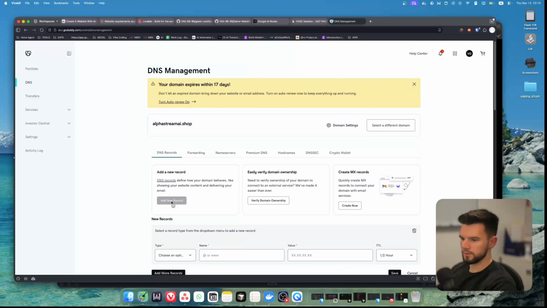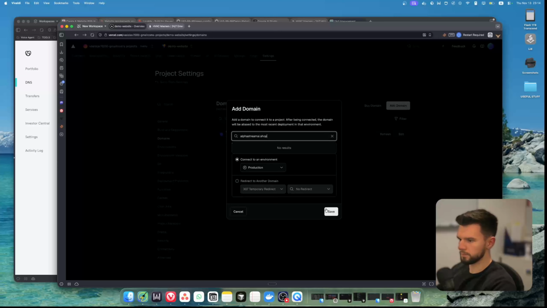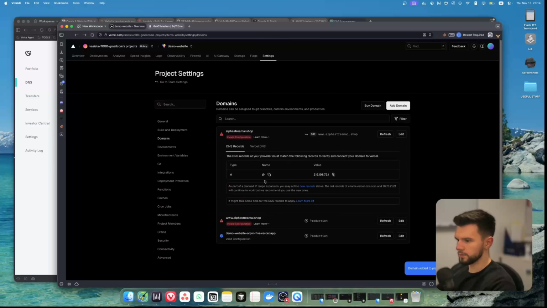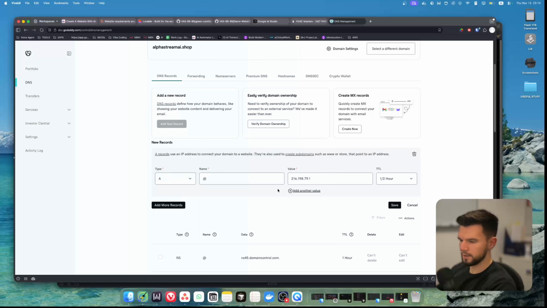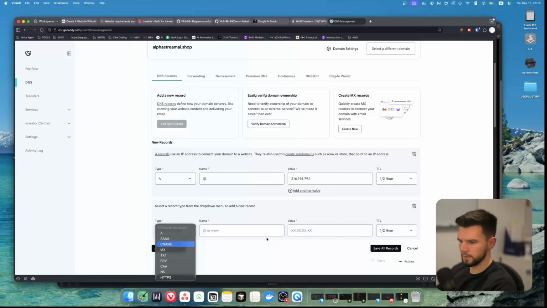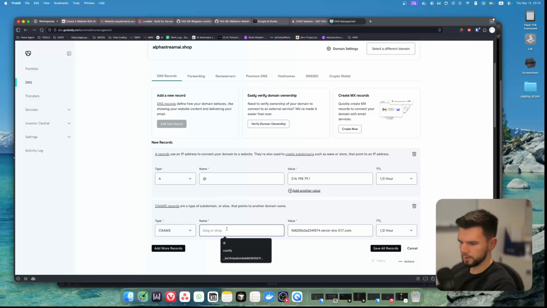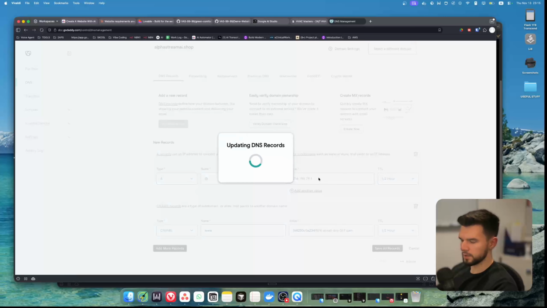I'm gonna go back to Vercel. I'm gonna copy the domain, paste it here. And now what I need to do is basically copy this. So I'm gonna go back, I'm gonna paste the value here, set the TTL to like half an hour. The name was @ and the type was A, I believe. Yeah, okay, I'm gonna add one more record, go here, copy this one. Now it needs to be a CNAME, and then paste the value here, type www, save all the records, and